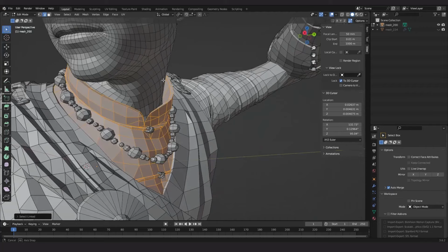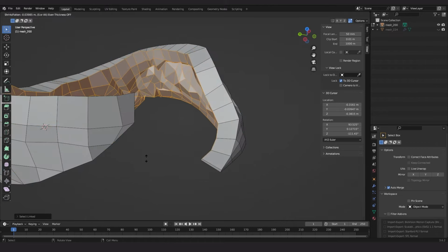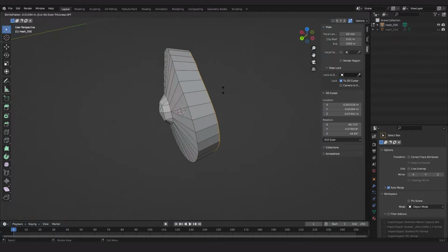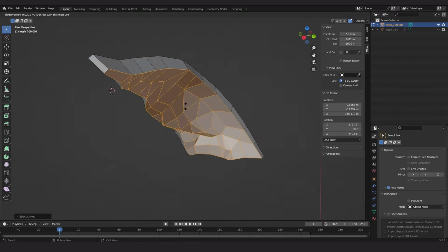I thickened this collar going around the character's neck, this sash hanging from their belt, this thin piece of fabric wrapping around the character's waist. I deleted these little dangly things because they were going to be way too small to pop up on a mini. I thickened these circular pendants, this boot fabric, this sash, most of his shirt, which was made up of entirely different parts,